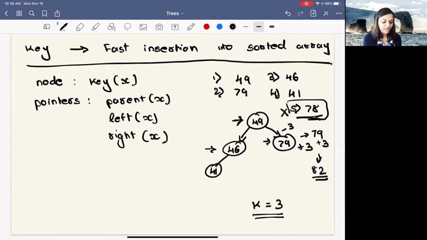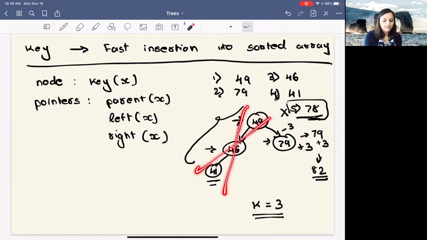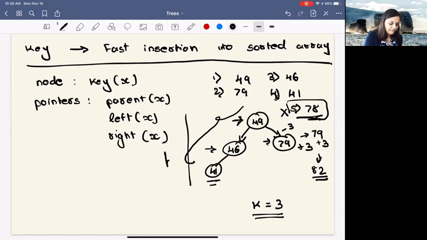Correct. So when we were doing check and insert for item number 4, the 41, we just passed through this half of the tree. We didn't pass through the right-hand side. While when we were doing the check and insert for item number 5, the 78, we just passed through this side of the tree. We didn't have to pass through those other elements. So looking at this observation, we can say that if the height of the tree is h,